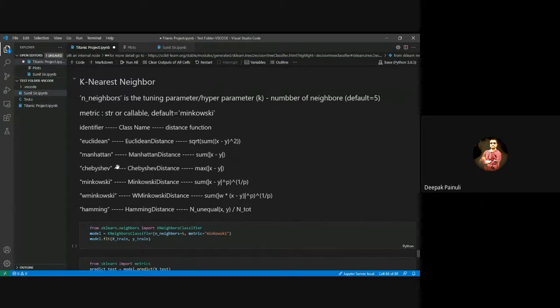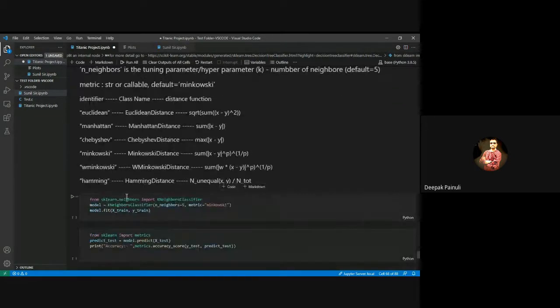Okay. Let's import it from sklearn.neighbors and pass it to the model, and it has also some arguments, parameters. Neighbors is a tuning parameter, or we can say it represents the number of neighbors you want to create in one cluster, right?